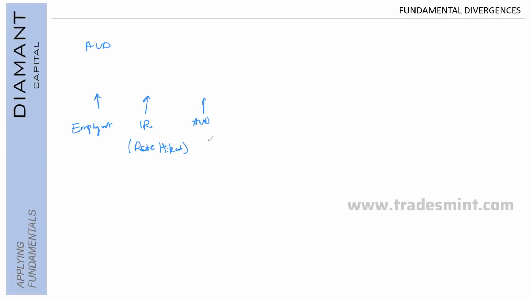Now, what if you get other things as well, like their QE program? I'm not sure how much it is at the moment, but if they start to taper really soon, what can you expect? Less bond asset purchases, therefore decreased money supply, and also is seen as deflationary. So what that means is AUD is expected to go up because of reduced asset purchases. So you've got all that for AUD.